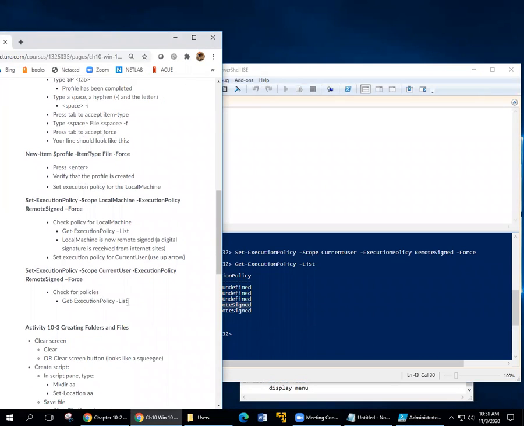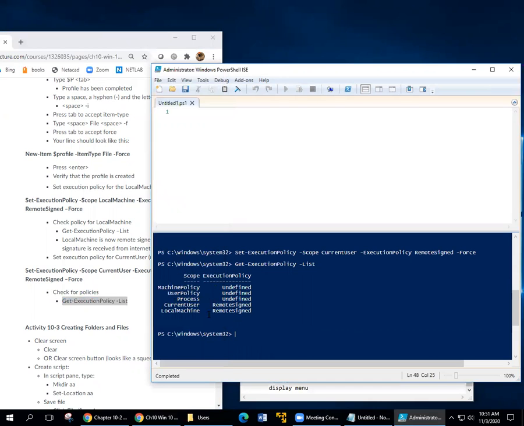Okay, so there it is. We just got the policy list here, and now we see that both of them are remote signed. Okay, and that is it for that part. Oh, and I completely missed